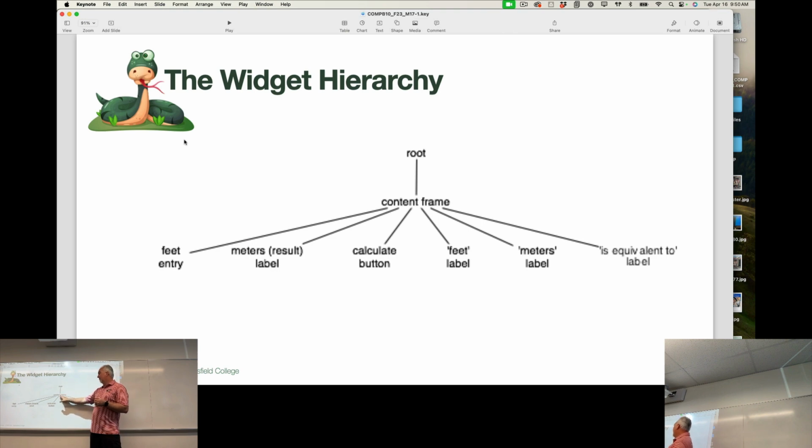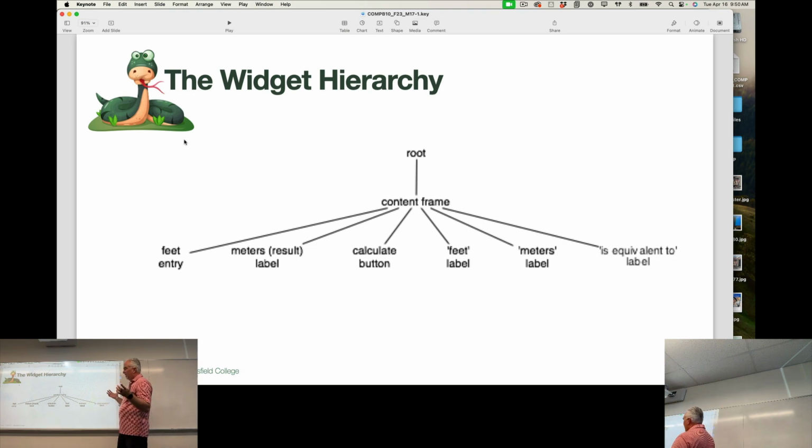So inside the root, you have frames, and you can think of it sort of like, when you're in elementary school and you have the cafeteria plates that have a little pocket for the applesauce and a pocket for your sandwich and a pocket for the carrots, and there are like 5 or 6 pockets. That would be like frames. Frames aren't the stuff, they're just sort of the organizing structure for the stuff inside the window. So we have the root window, we have content frames, and inside that,